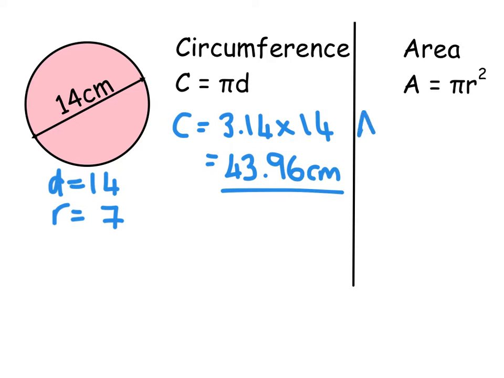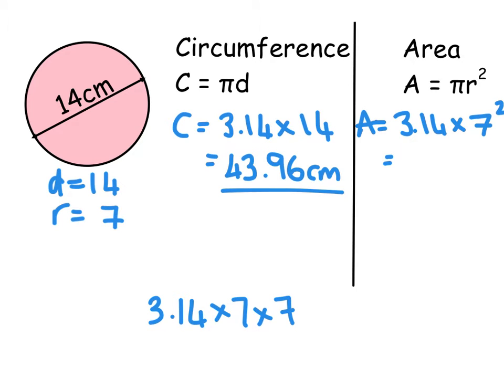When you're doing area, we still use pi as 3.14, but this one wants your radius. Now our radius is 7, and your radius is from the centre to the outside of the circle, so we're doing 7 squared. The alternative way was you could write 3.14 times 7 times 7, or you could just type it in as 3.14 times, and remember you have a button somewhere on your calculator that says x squared. So when you type that in, you get